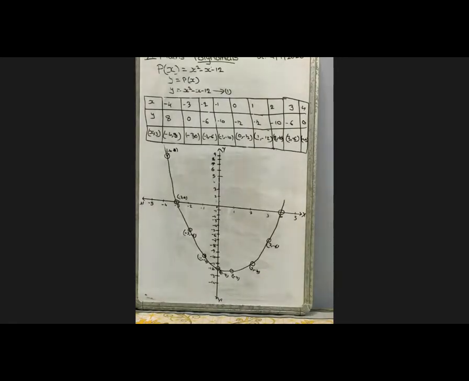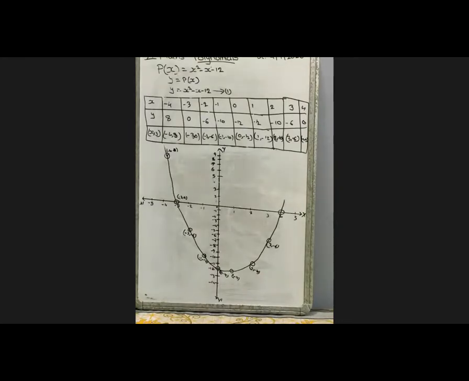Ma, if you observe here, how many times does this parabola intersect the x-axis? Two times only. See here, this is one time and this is the second time. The remaining ones may be in the middle, or with y, or in the middle of the graph. Okay ma, two times. And here the degree is also 2.